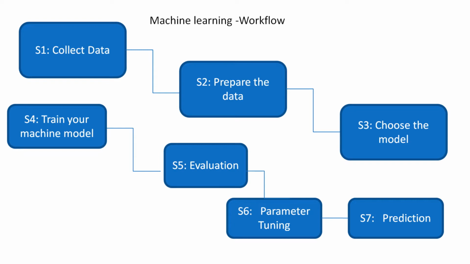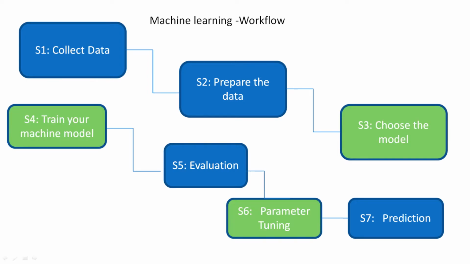Okay. And the sixth step is parameter tuning. If the metrics that you took show some bad results, you have to tune your parameters. In the parameter tuning step, you adjust your parameters to get good accuracy. When you are satisfied with your model, then you start the prediction. That is the 7th step. So these 7 steps are very important for every machine learning workflow. Suppose you are implementing AutoML in your general machine learning workflow, you can automate some of the above steps with AutoML. So what are the steps that we can automate if we implement AutoML? The step numbers are 3, 4 and 6. These steps we can automate through AutoML.